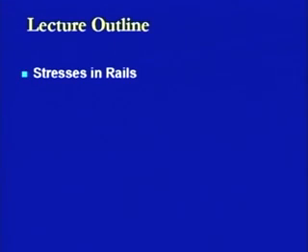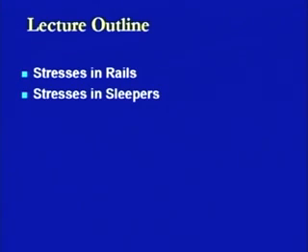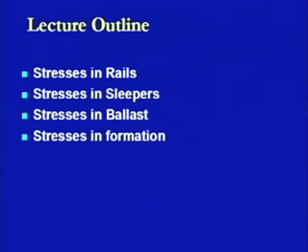Now, when we talk about the components of any track, we will be talking about the stresses in rails, the stresses in sleepers, the stresses in the ballast cushion cover that is provided below the sleepers, and then finally the stresses at the formation level, that is the lowermost level which supports all the three things listed before. So, we will be taking up all those components one by one